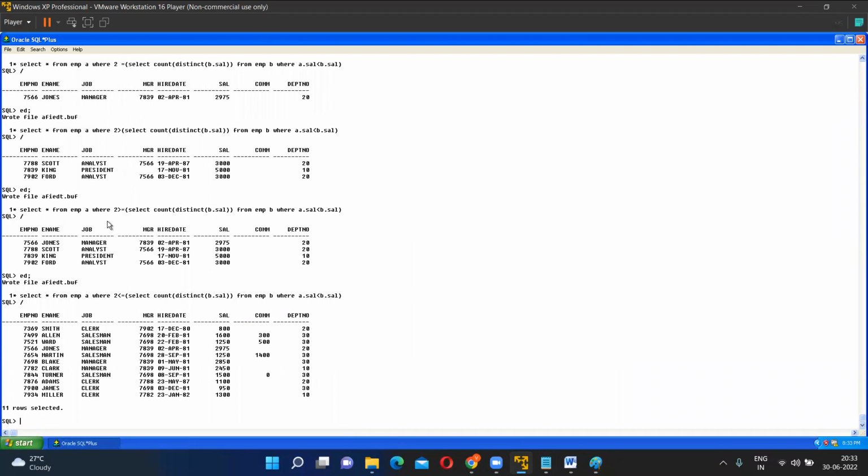Because the maximum should be greater than 2. Okay, 2 should be the maximum value. That means it can be either 1 or 0 or 2. Are you able to understand? Yes. So this is the top 3 maximum salary. So I told you second maximum, third maximum, fourth maximum, first 3 maximum, first 3 minimum, everything we can solve